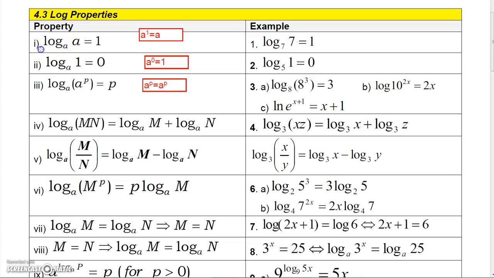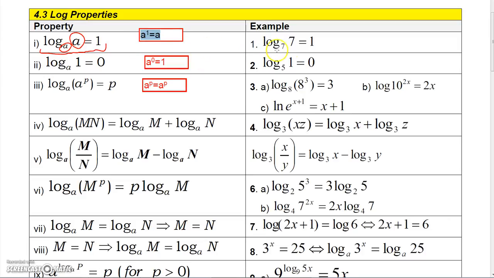So the first log property says that if you take the log of some argument, say a, using the same base a, that's always going to equal 1. Now on these first couple I'm going to show you why, but on the rest of them I'm not going to, because it takes a little too much know-how. So here, if you converted this equation to exponential form, you would say a to the 1 equals a. And so you can see that that's a true form in exponential form,